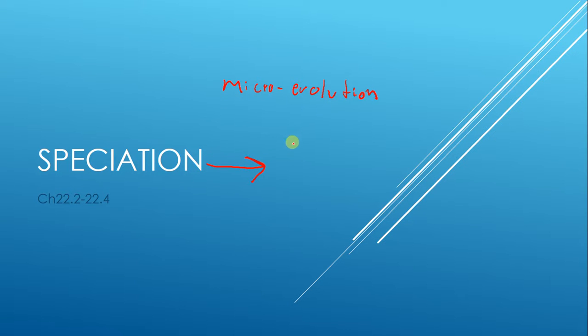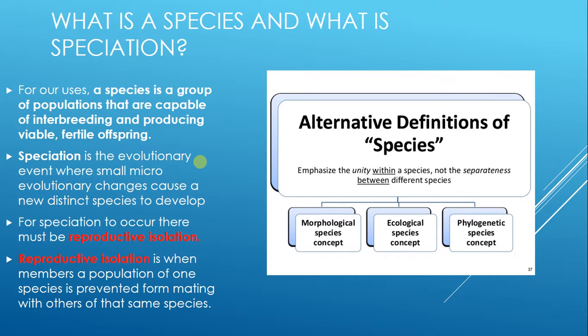Speciation is an example of macroevolution, or how microevolutionary processes can accumulate over time to create whole new species. So to really talk about speciation, we have to have a common definition for what a species is. For our purposes, we're using something that's called the